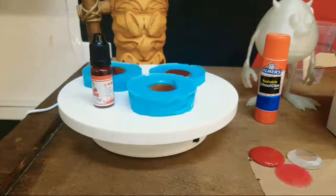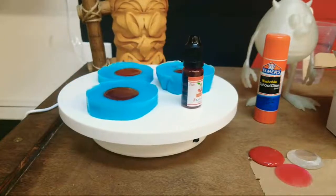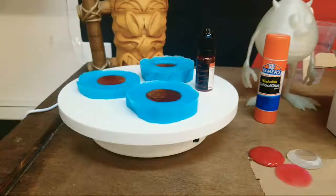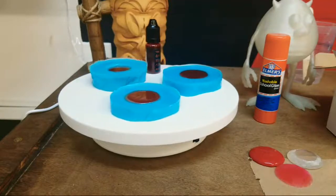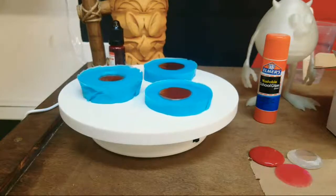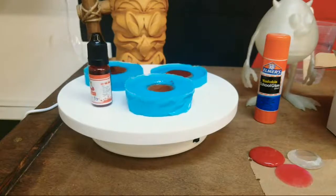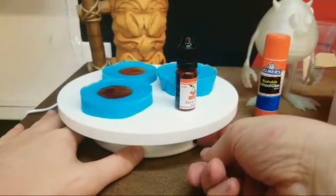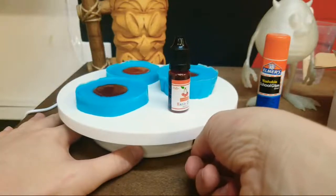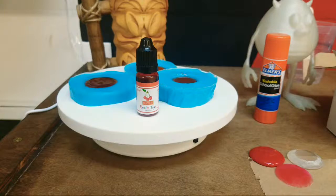Wow, look at it go. It goes around and around and around it goes. I wish I could spin it faster, but also I don't want to lose my resin. Now what should happen is eventually we're going to get some more bubbles up to the top, because that's the way bubbles work. They slowly work their way back up. And then when that happens, we should be able to...